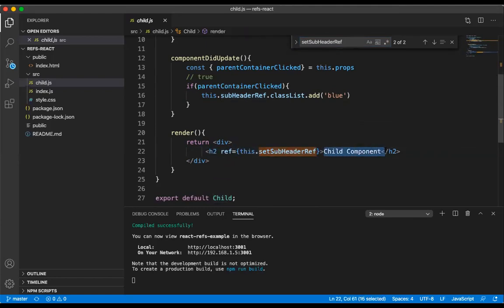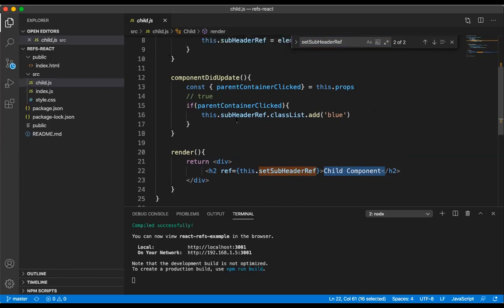The superset is like setSubHeaderRef, but the top, where the style is getting added, is subHeadRef.